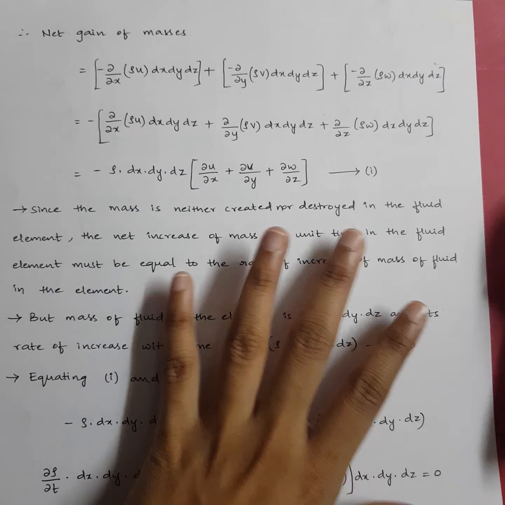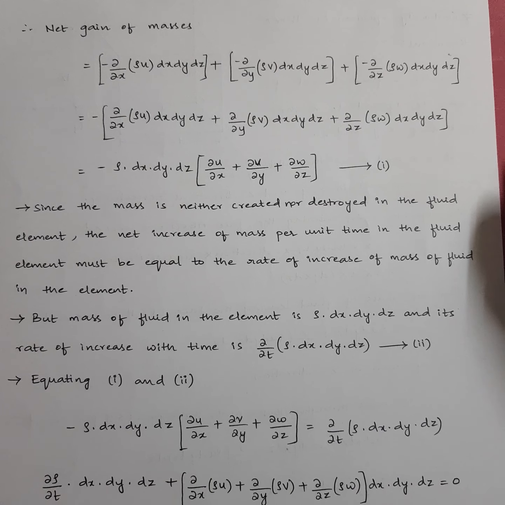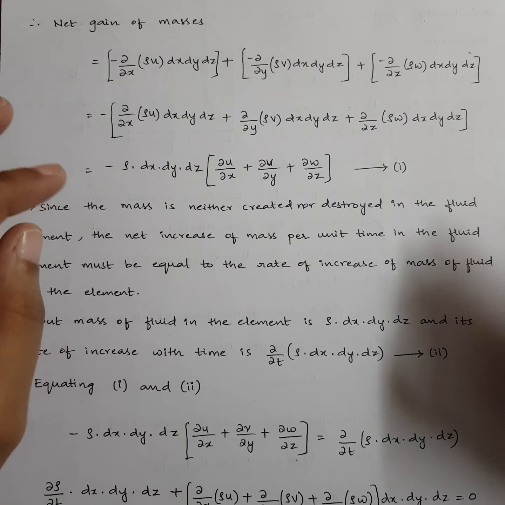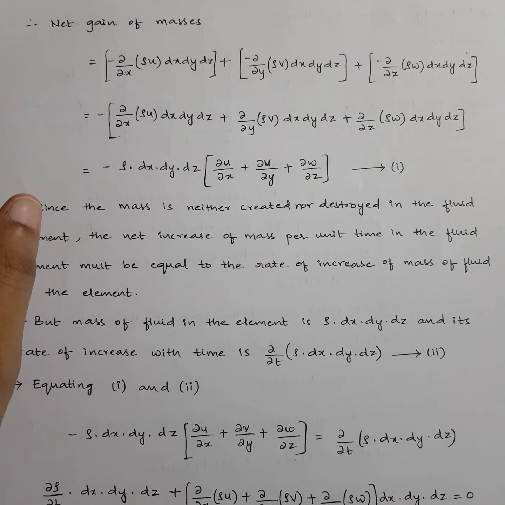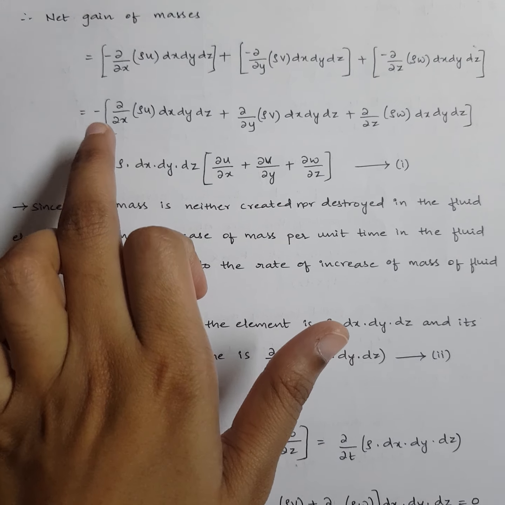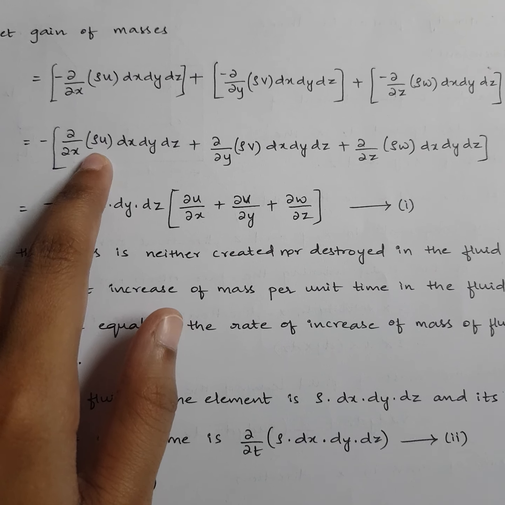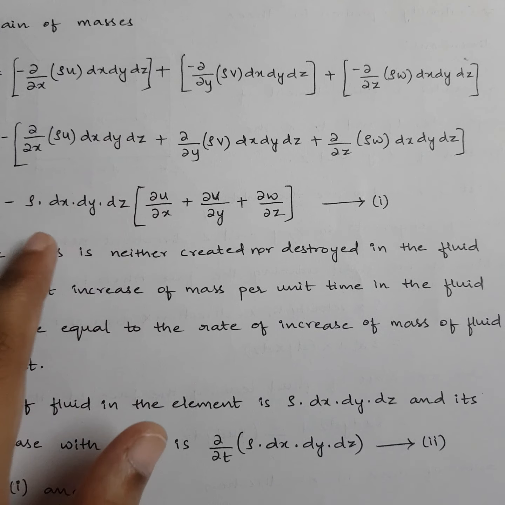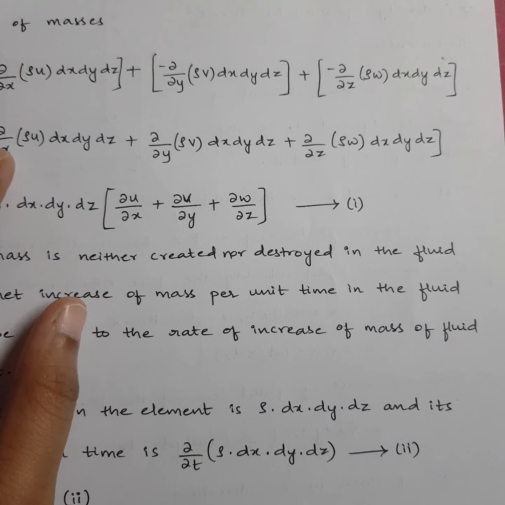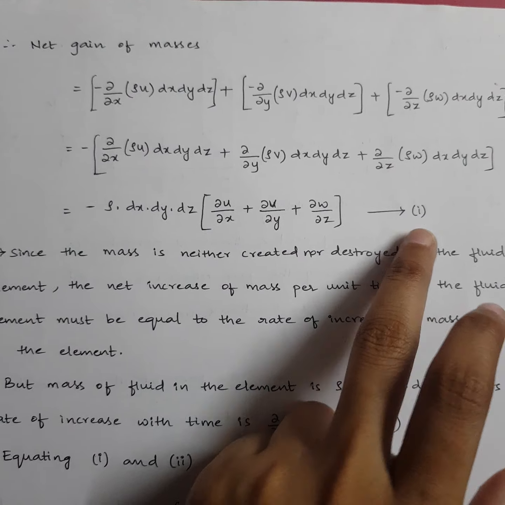So let's calculate what is the total gain of mass of the entire fluid element. You know gain of mass in x direction, you know gain of mass in y direction, you know gain of mass in z direction. Now let's see on a whole what is the total gain of mass. So just add all the three what we have got just now. So from this, what you can take out common, if you take out minus common, it will be all summation. Again from there you can take out rho, you can take out dx dy dz common. So minus rho into dx into dy into dz, if I take out common, I will be left inside with dou u by dou x plus dou v by dou y plus dou w by dou z. Take it as equation number 1.